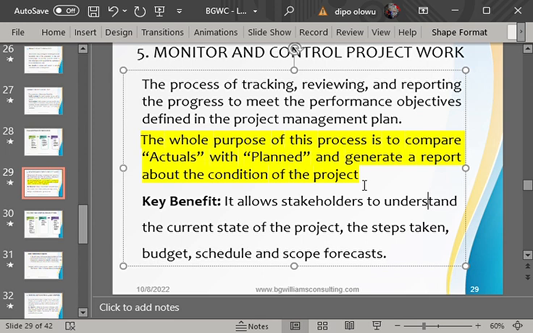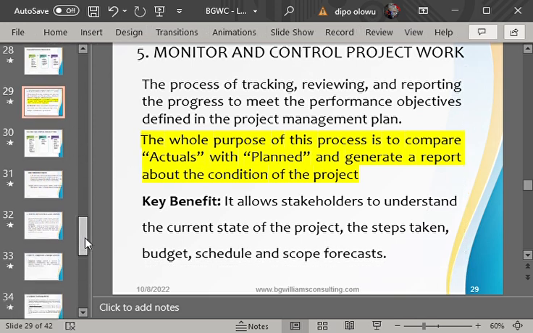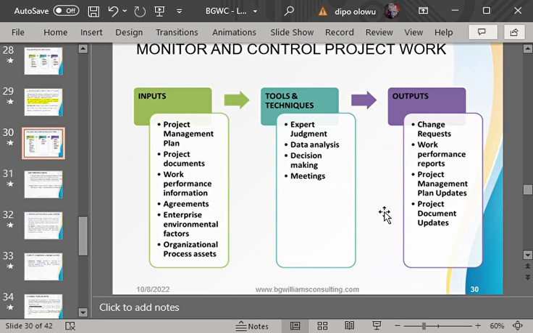Hence, that is why the project manager is monitoring the progress of the project. Okay, so that is what we simply mean by monitoring and control. So you have to monitor. What are we trying to achieve when we are monitoring and control? It is possible that in the process of monitoring and control there can be a deviation, and when there is deviation we can make changes.